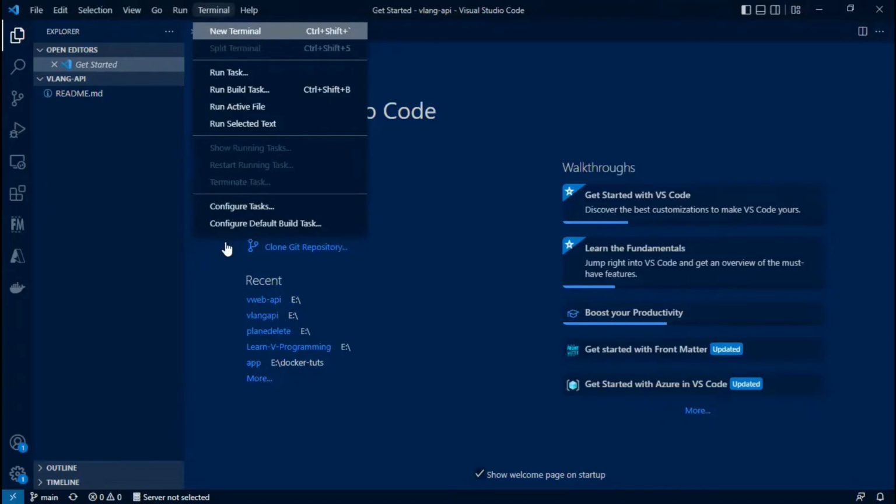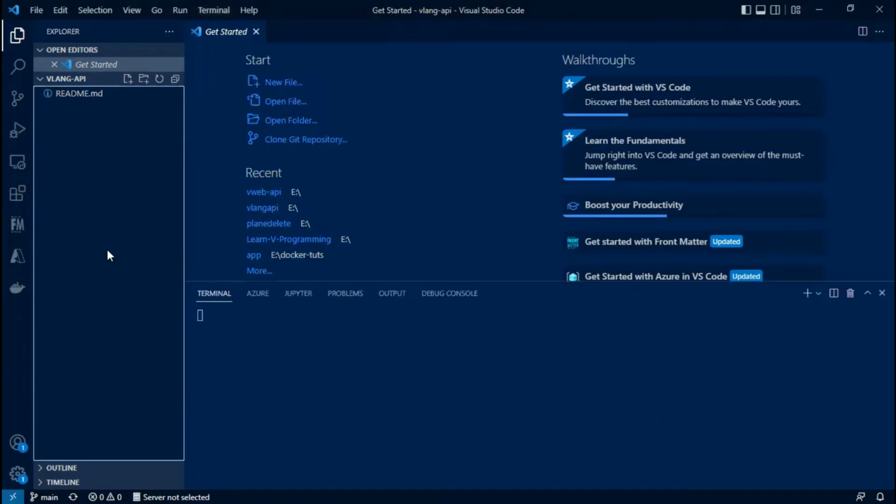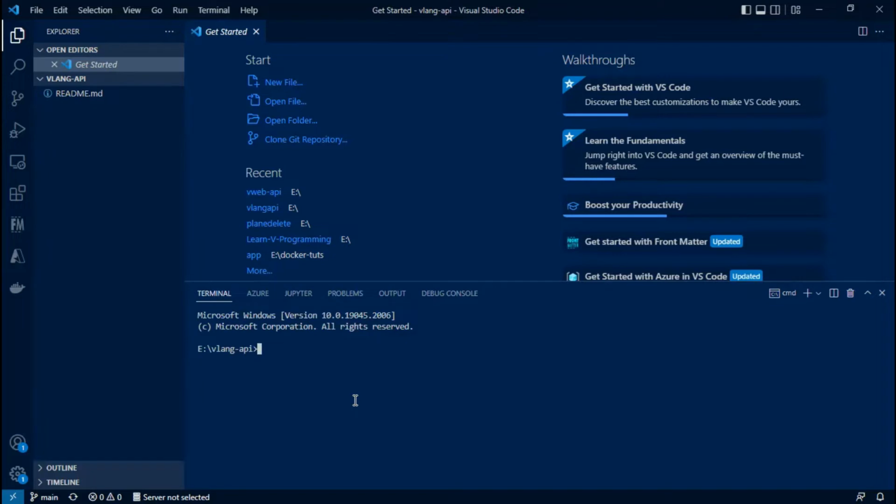Now open the terminal and check the version of V even before we start working on creating our V-based web API. For that we need to type in v version. That will print out the latest version that is installed on your PC. At any point of time, you can upgrade your version of V installed on your PC by typing v up. As I already have the latest one, I'll go ahead and create a new module named app.